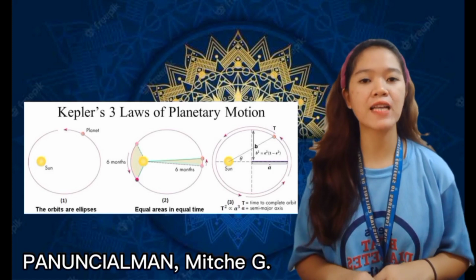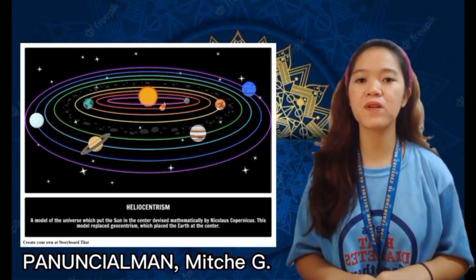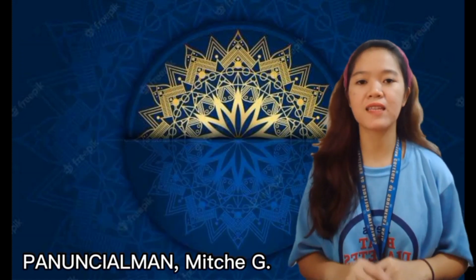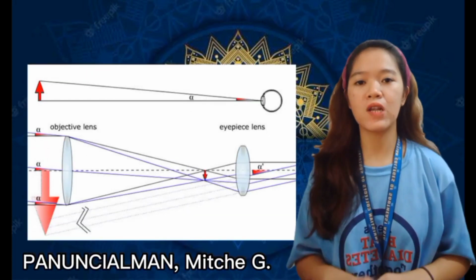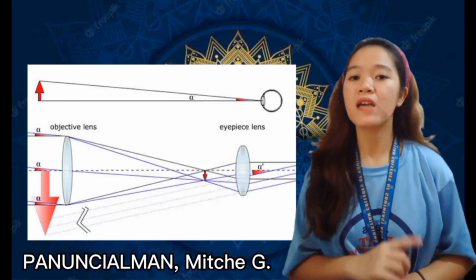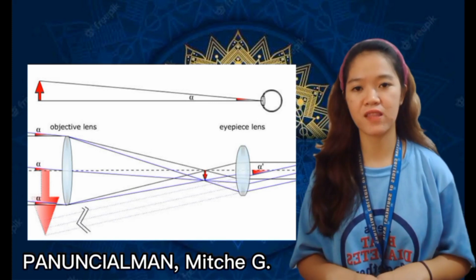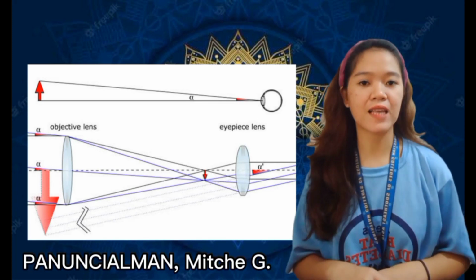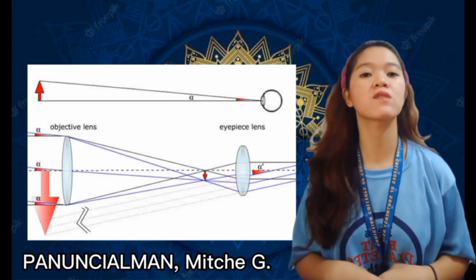While he provided an explanation for how the planets move, Kepler established the field of optics and created the first effective telescope. He looked at the night sky via this telescope. These observations allowed him to identify the three rules that are now known as Kepler's laws, which govern planetary motion.